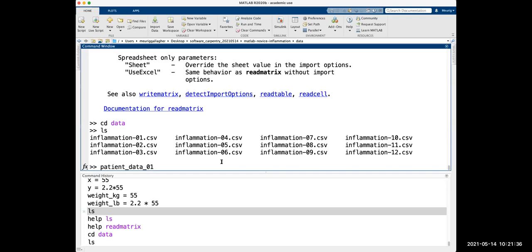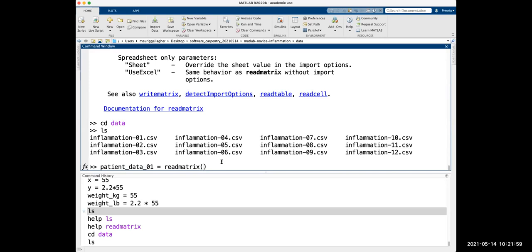A couple of things to mention with MATLAB: case matters. So if I call something capital P, that's different to calling something lower p. And you can't start a variable name with a number. So it can have a number in it, but it can't start with a number. So we're going to say patient data 01 equals, and then we're going to use this read matrix command. We're going to open our brackets, close our brackets.